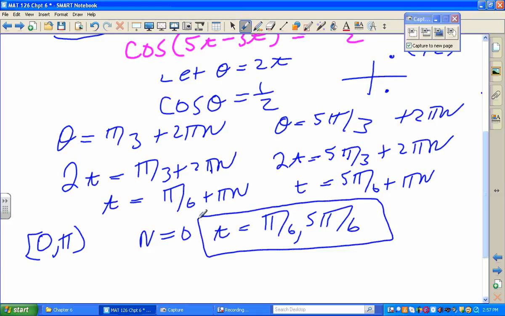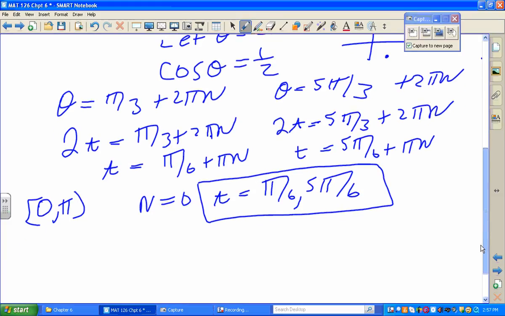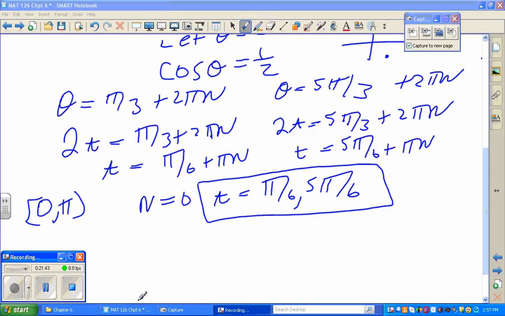Darn it! I hate those. So when it's a let statement, yeah, you add 2 pi. You betcha. How do you know when it's a let? Well, does it say it? Because whenever you change the period of the problem or phase shift,